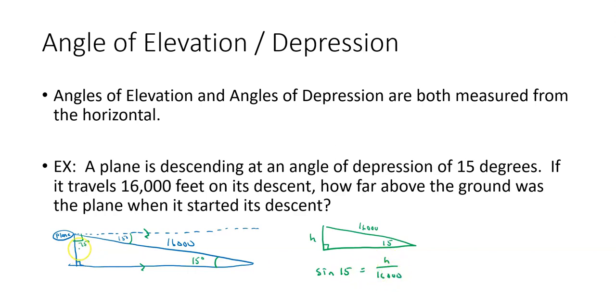Now, if you had gone to the other angle, if you had said, well, why can't I use that 75? Sure you can. Except instead of being the sine of 15, you'd be using the cosine of 75 because you'd have adjacent and hypotenuse. Adjacent and hypotenuse is cosine. I hit both sides with a 16,000. 16,000 times the sine of 15 degrees equals h. And so now if I multiply 16,000 times the sine of 15,